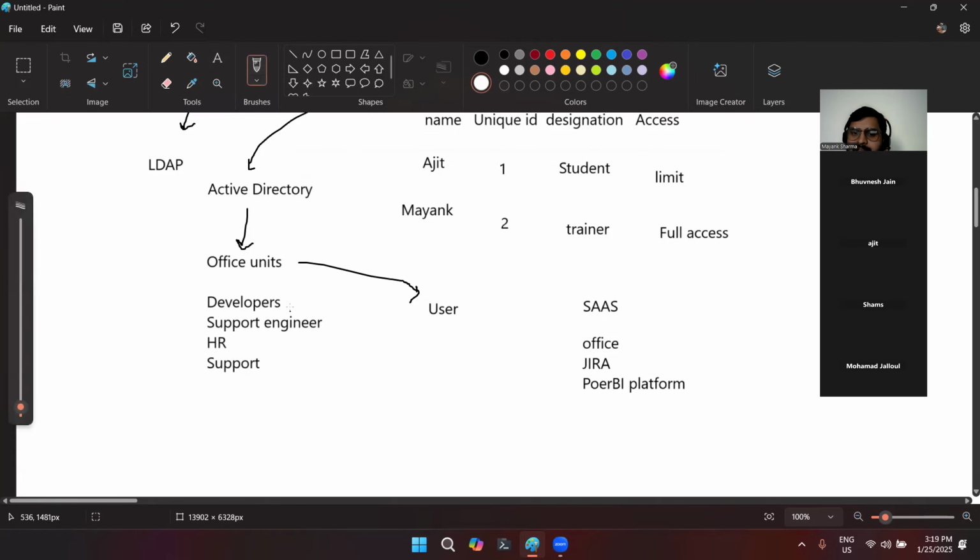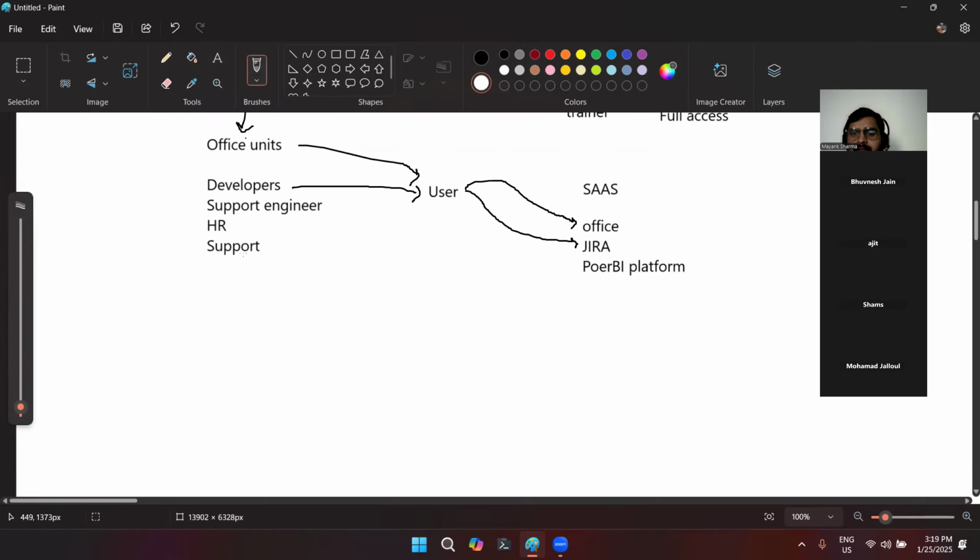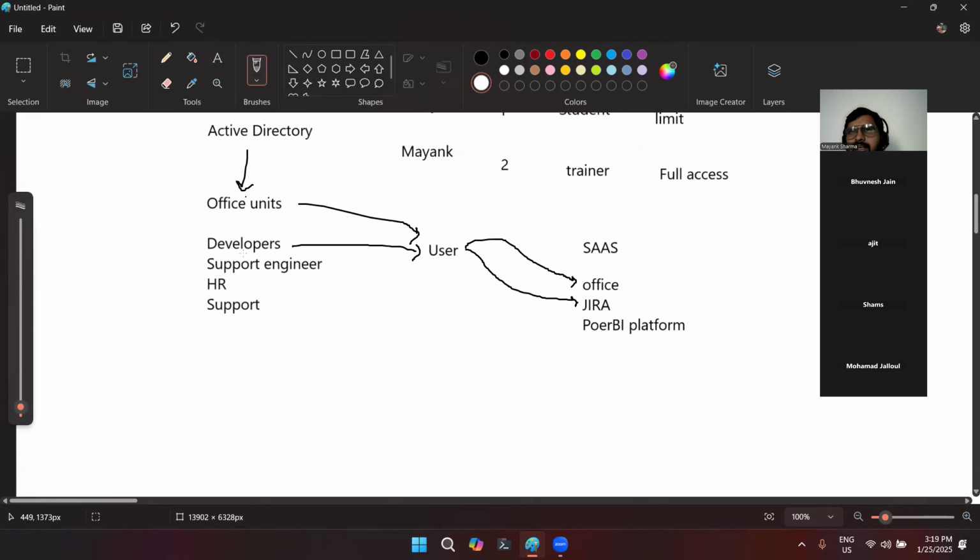I have a developer, and that developer needs to access Jira as well as Microsoft Office for mail, Excel and PowerPoint presentations. All of these things have a record. So this is a particular user and these are their accesses.